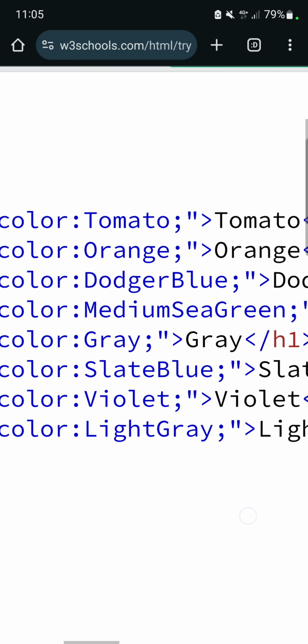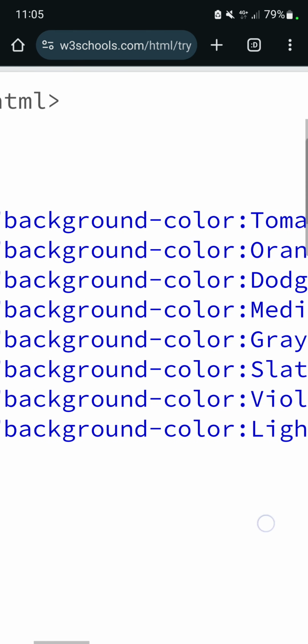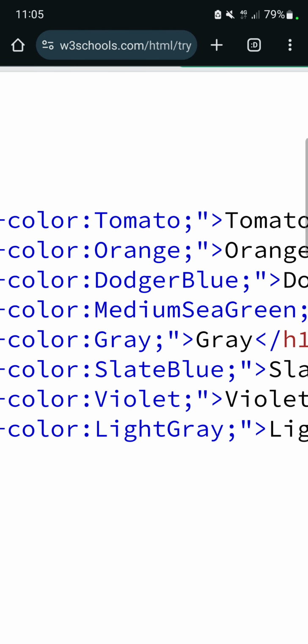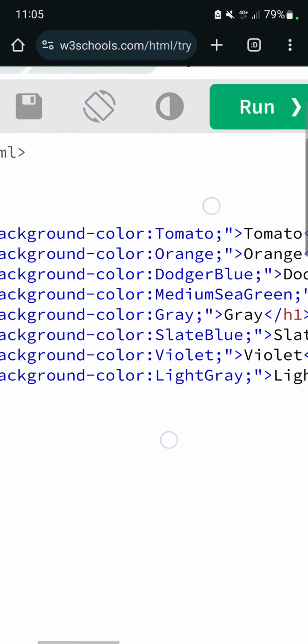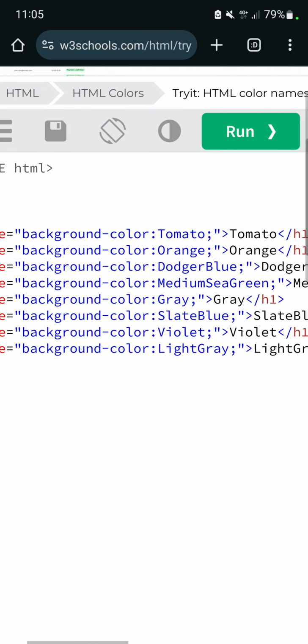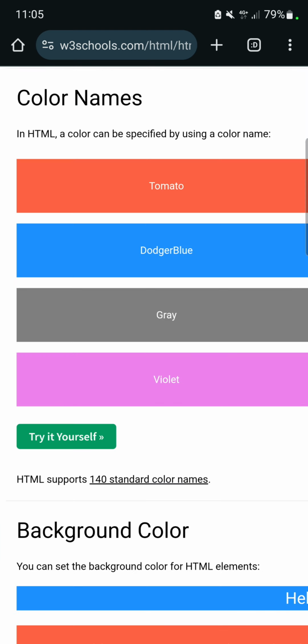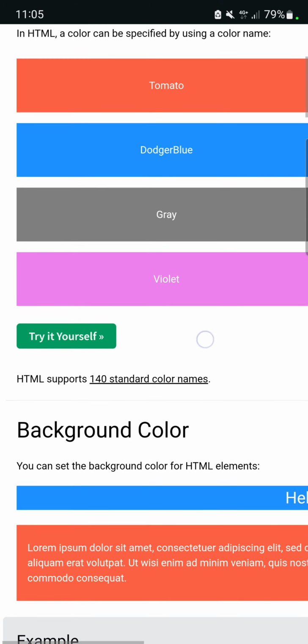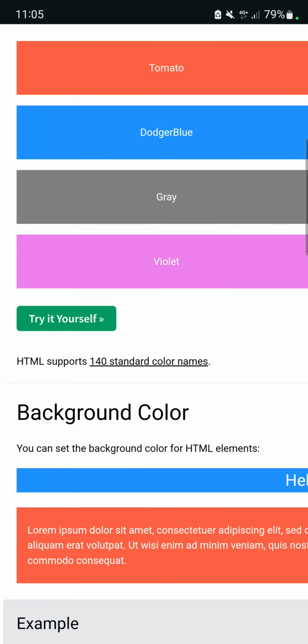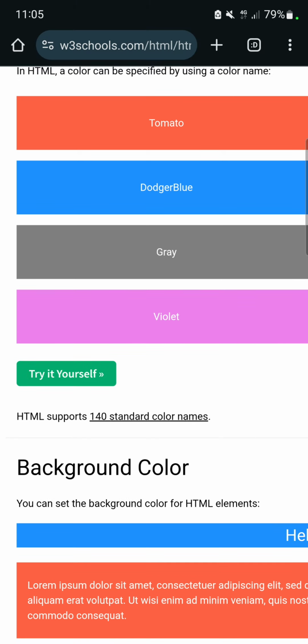Now, so here is the text. So these are h1s, this is the background color and the color names. So as we can see, it's pretty easy to set a color with HTML. Now here, if we go back here, as we can see here, HTML supports 140 standard color names. So if we want, we can use these, but if we want colors or nuances that are in between,